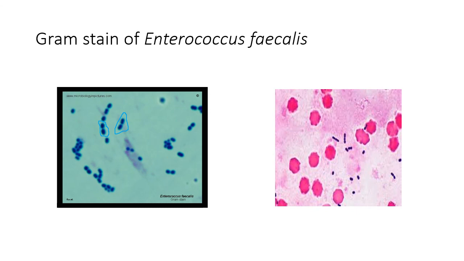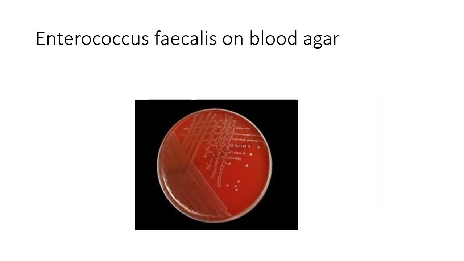Now we have already discussed that enterococcus can be alpha, can be beta, can be gamma. So here I'm showing you a gamma, a plate with no hemolysis. But if you see beta hemolysis, then you will try to differentiate it from Streptococcus pyogenes and S. agalactiae. And if it is alpha hemolytic, then you will want to differentiate it from Streptococcus pneumoniae on the one hand and Streptococcus viridans on the other, which are also alpha hemolytic.